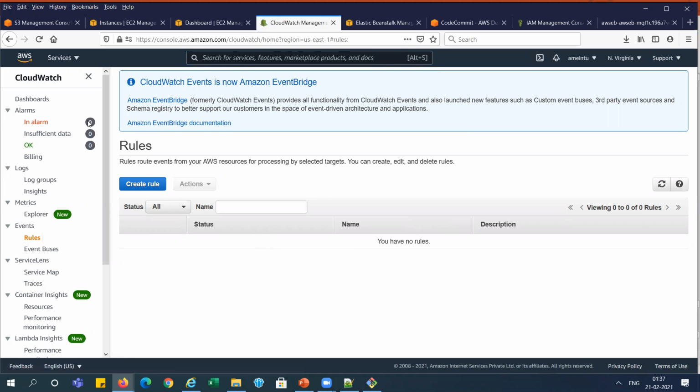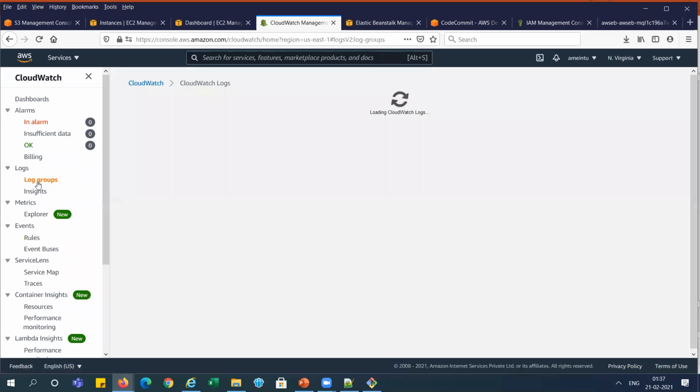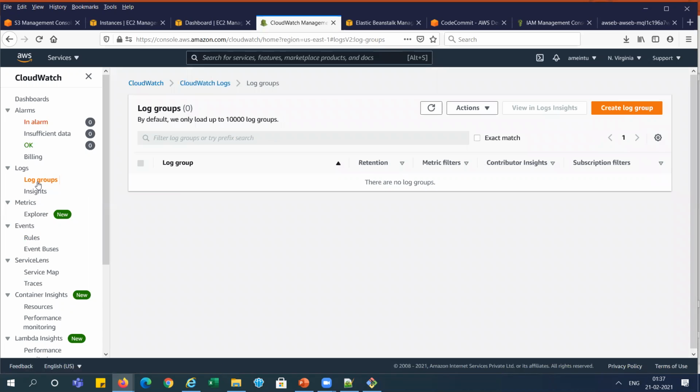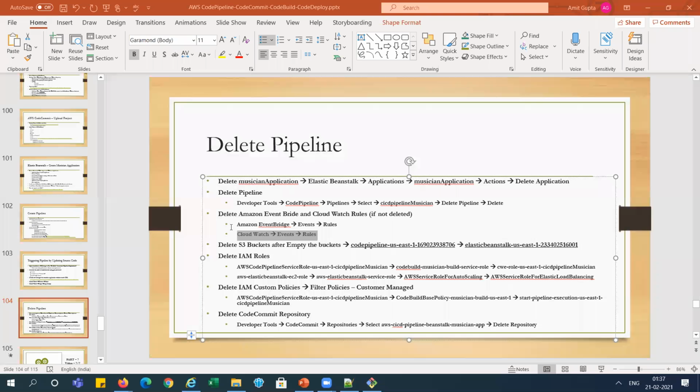No, all the alarms are deleted, and log groups. Let me check if we have anything. No, we don't have any log file, right? So I think we have done everything. So all the resources which we created for this POC are deleted.